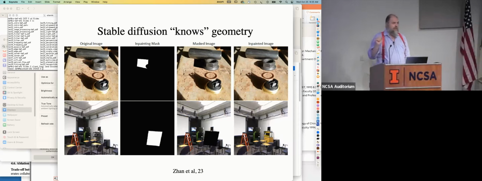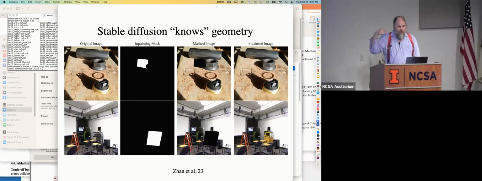The neat thing about this is the shadow isn't perfect, but people are really bad at assessing shadows. So if I wanted to claim that the shadow was pretty close to perfect, I'd be in good shape, right? If you look at the second row, we're going to knock out that, it's English academia. I think that might be an overhead projector. An overhead projector on a cart. We're going to knock that out, and then Stable Diffusion will in-paint some stuff.